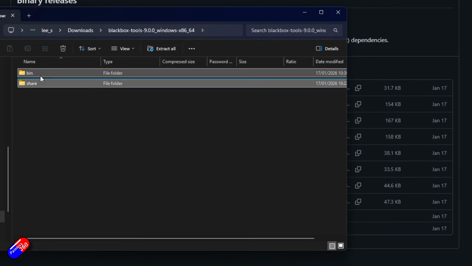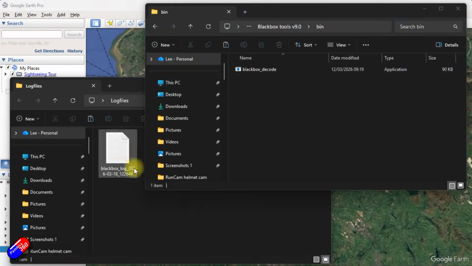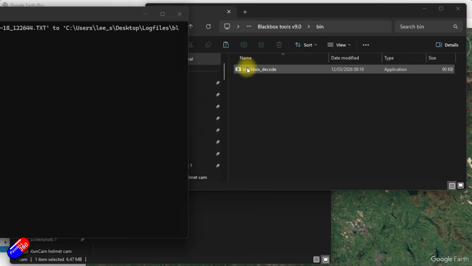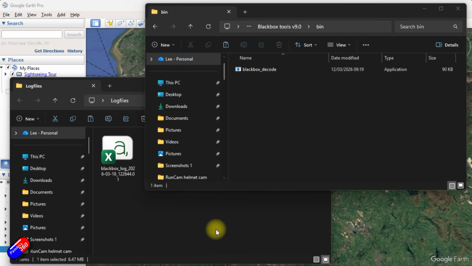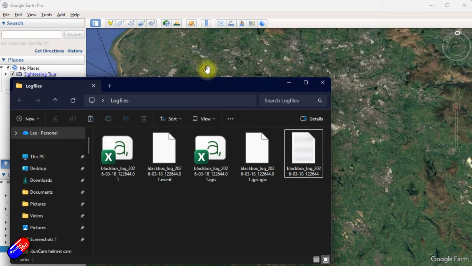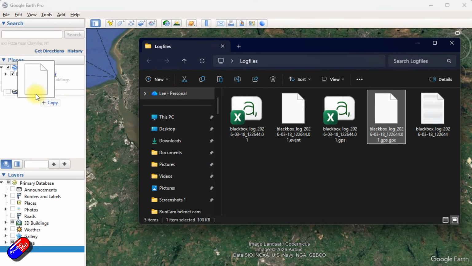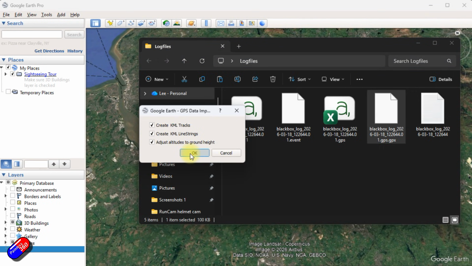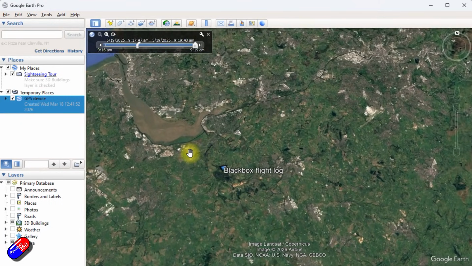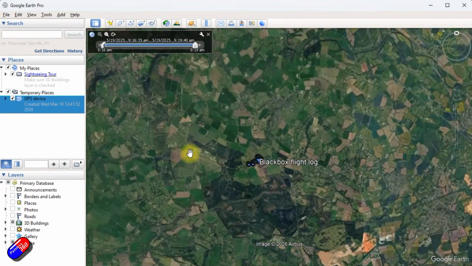So now we've got the tool and the file. To create the files that we need from the log file, we just copy or drag the log file onto BLACKBOX decode, and it's going to create a number of files from that. So we don't need BLACKBOX decode anymore. We need to drag this GPX file into the temporary places in Google Earth. Now Google Earth is going to ask us just to confirm a couple of things. I would accept the defaults, say OK, and then it's going to map all of that on to Google Earth,